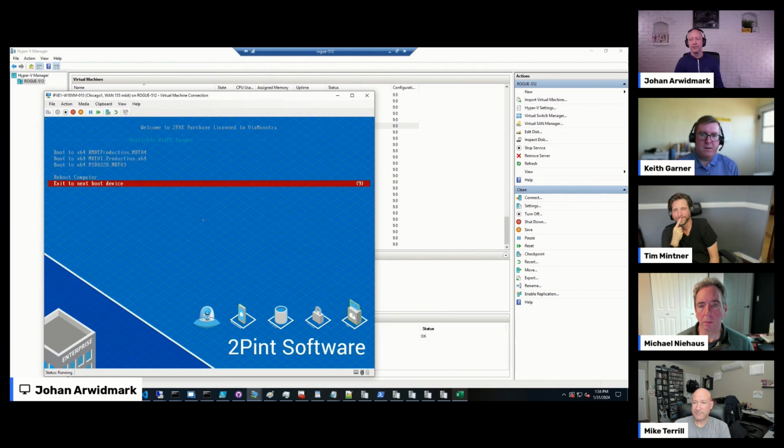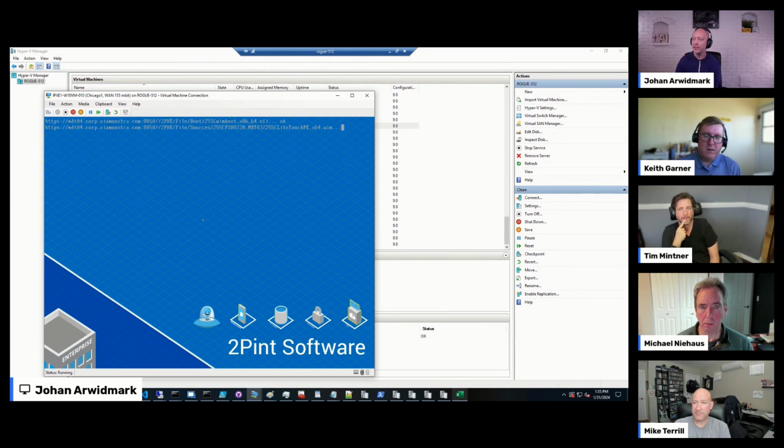And here we are. So in my case, like Mike mentioned, I have a few different boot menus I can boot from. These are different boot images. That can be a config boot image, it could be a PSD boot image, it could be an OSD Cloud boot image, it could be a utility boot image with DaRT recovery tools on them or something like that. But I'm going to pick one of these boot images, and it's going to download.